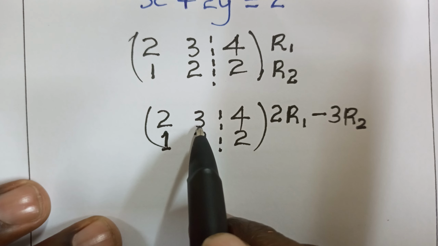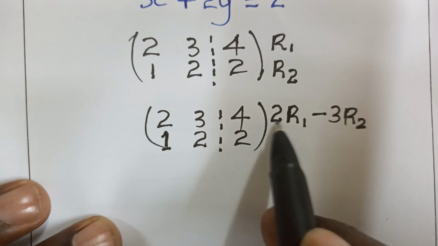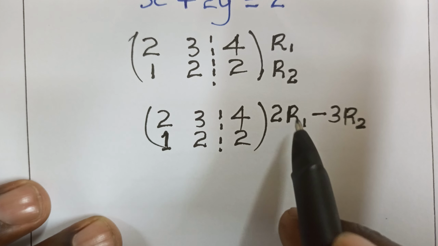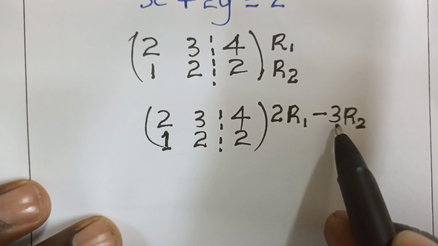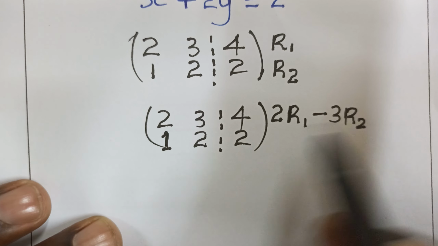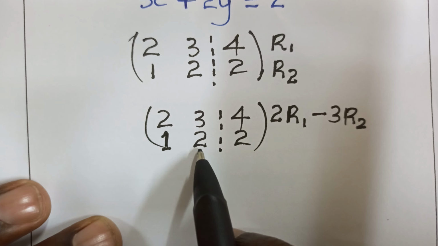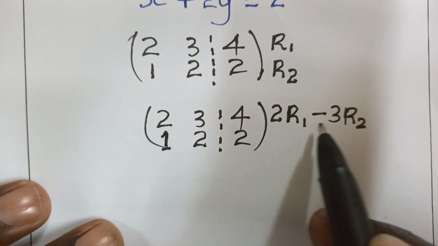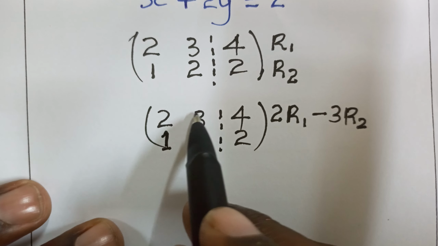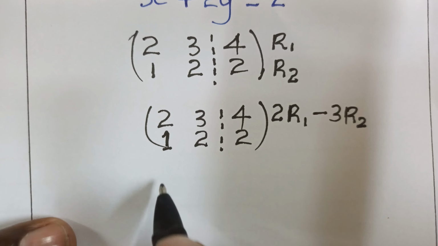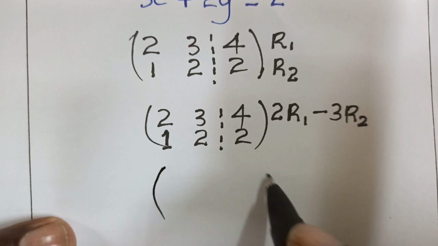If you multiply 3, that is row 1, 2 times 3 gives us 6. 6 minus 3, row 2. Row 2 is this row, but at that position. So this is going to be 6 minus 6. And so guys, this is going to be 0. And so we shall have, putting it again,